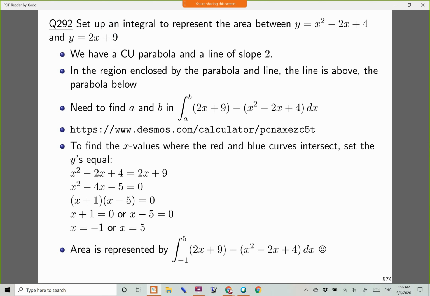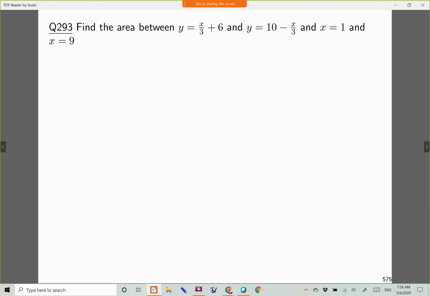The thing that's going to be different is we'll change this up by looking at a question like this. So this one's not too bad, I promise, but it's a little different. Find the area between y equals x over 3 plus 6, and y equals 10 minus x over 3, and x equals 1, and x equals 9. Now, I know maybe the way this is written looks a little funky, but if we just use algebra to write this a little differently,